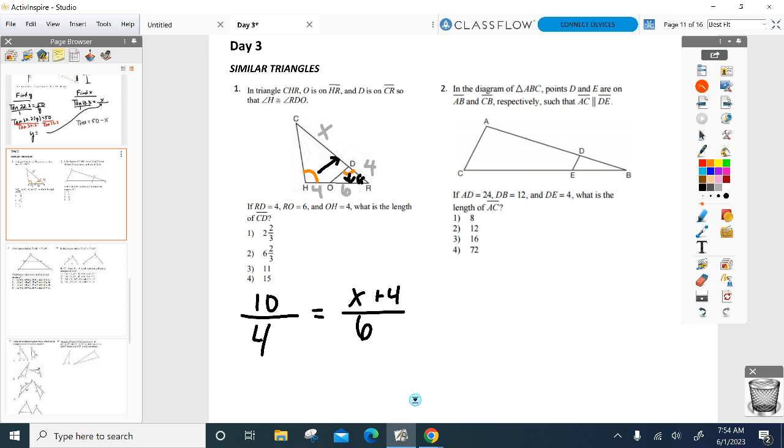And everyone getting 11 out? X equals 11. Next up,